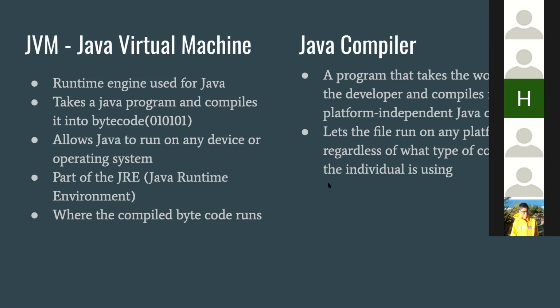Okay, cool. Let's move on to the Java compiler then. Satyam, do you want to go ahead? So essentially it's the same thing we were talking about. The Java compiler makes it so that the computer is able to understand what you've written, converting that into the bytecode. That's essentially what the Java virtual machine and compiler do together.